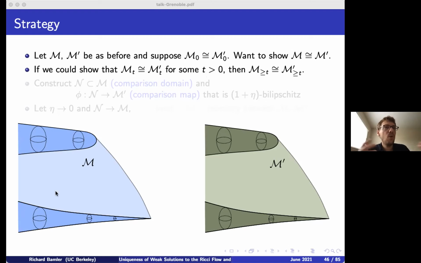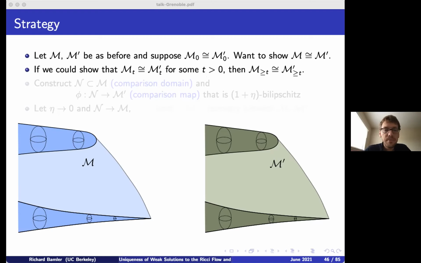So then this would imply that the flows past that time t, so for any times bigger or equal to t, would both be isometric, right? So the issue is really jumping from time 0 to some positive time. Okay? Once we have isometry for some other positive time, both flows have to remain the same. Okay? And so